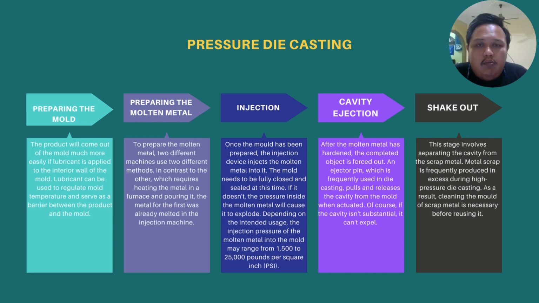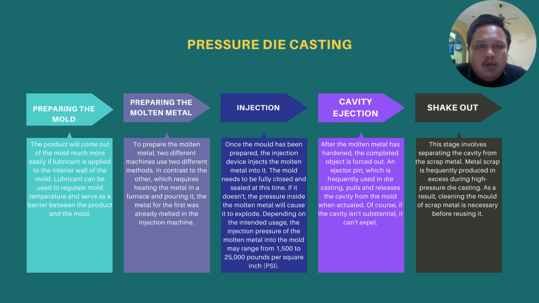So the third step is injection. Once the mold has been prepared, the injection device injects the molten metal into it. The mold needs to be fully closed and sealed at this time. If it doesn't, the pressure of the molten metal will cause it to explode. The injection pressure of the molten metal into the mold may reach a range from 1,500 to 25,000 pounds